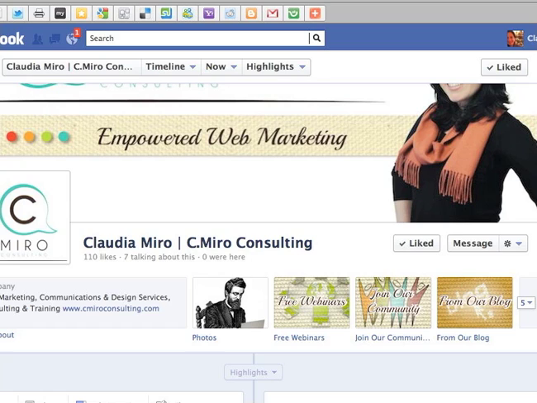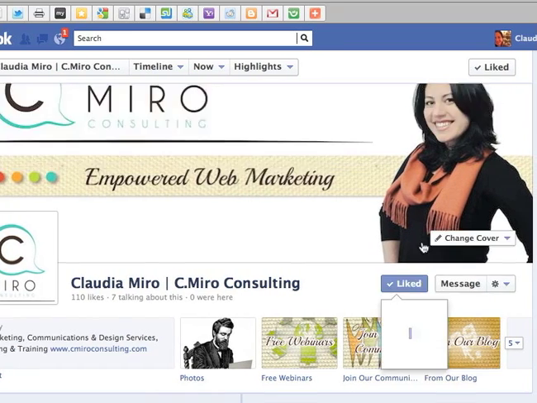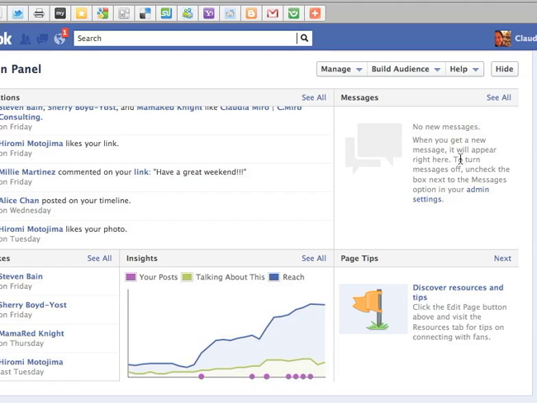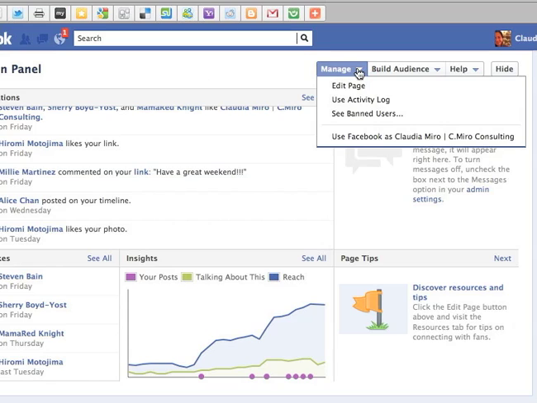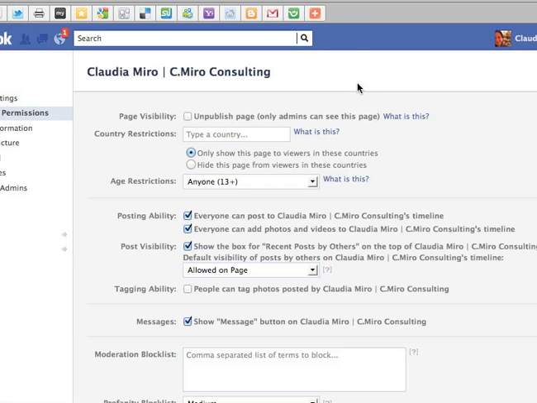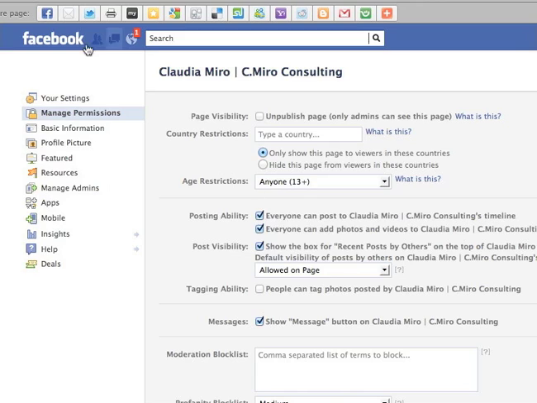It's also really good to note that this is where you would see your messages. Up here too, you have three tabs: Manage, Build Audience, and Help. When you click on Manage and it drops down, it gives you that same Edit Page feature. It's just a little bit more hidden. When you go to Manage, you click on Edit Page, and now you've got all of these familiar little features that were always in your old page, and they're just, like I said, a little bit more hidden. And they have changed a few things in here,